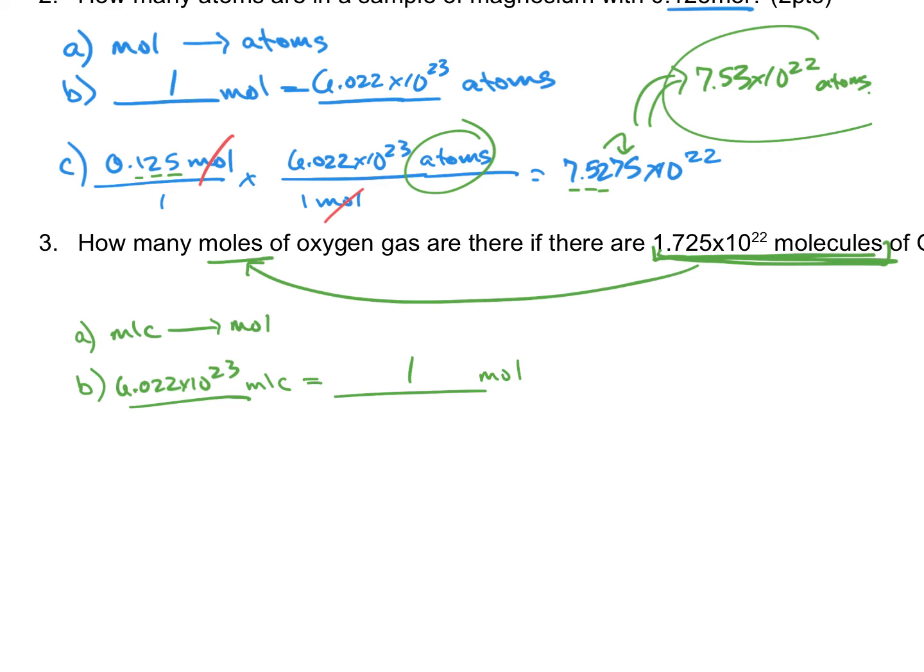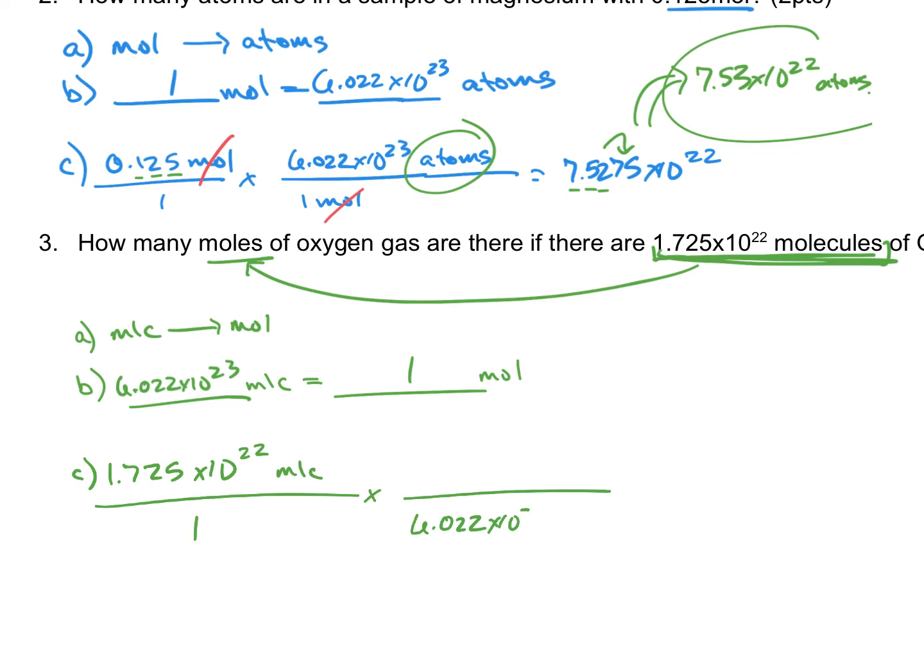After you have set up your conversion factor, the third step of any dimensional analysis problem is to set up the multiplication so that the units will cancel. So we have a number with 4 significant figures, 1.725 times 10 to the 22nd molecules. It's important to use units so that you can show that they cancel. So since we want molecules to cancel, Avogadro's number of molecules should go in the denominator, and we're going to be left with moles. So 1.725